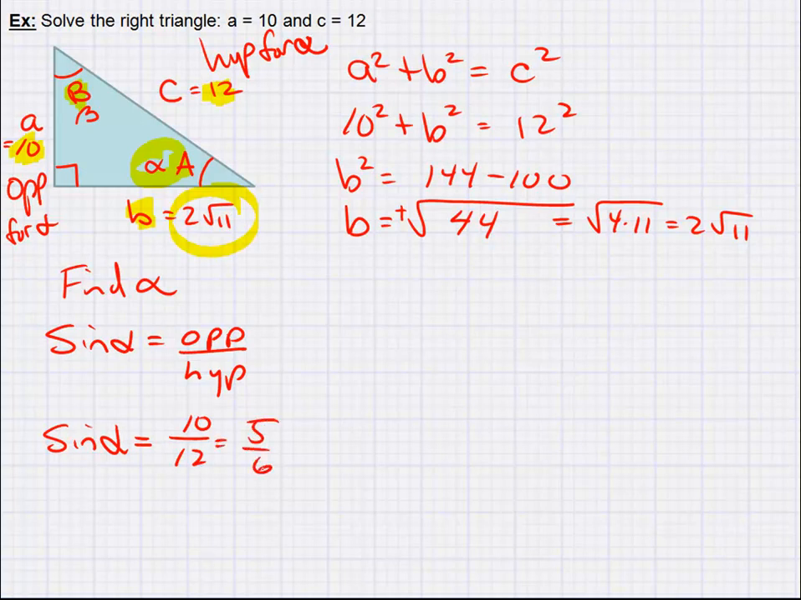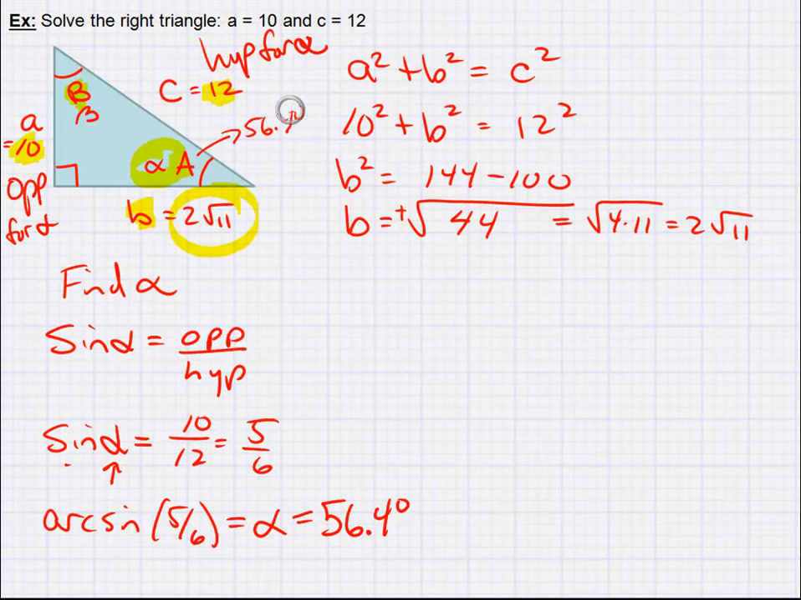Here's a question that we looked at a little while ago. If I know that the sine of alpha is 5/6, how do I find my angle alpha? Well, the arc sine of 5/6 should give me alpha. Again, if I plug that into my calculator, because 5/6 is not an answer I'm used to when it comes to certain trigonometric angles, I would get 56.4 degrees. So now that I know that this is 56.4 degrees,